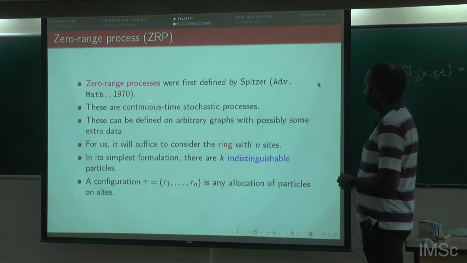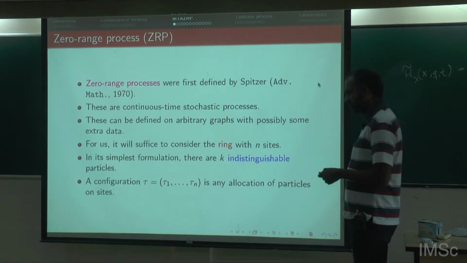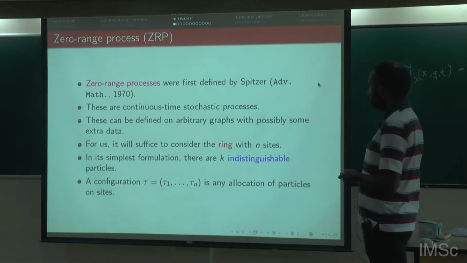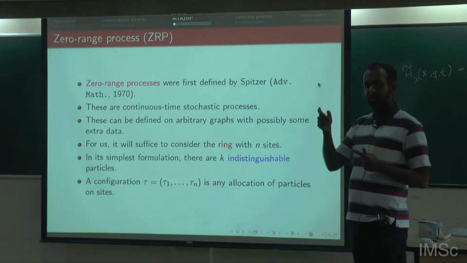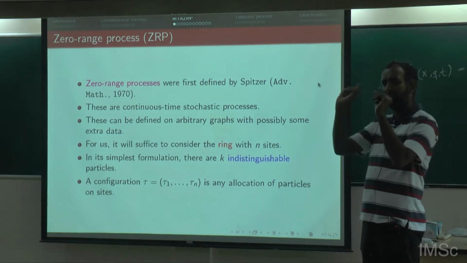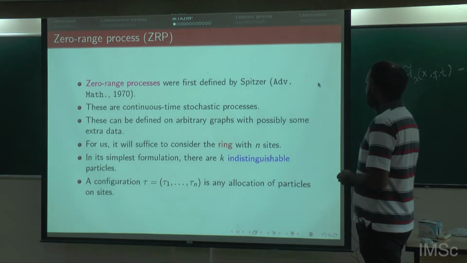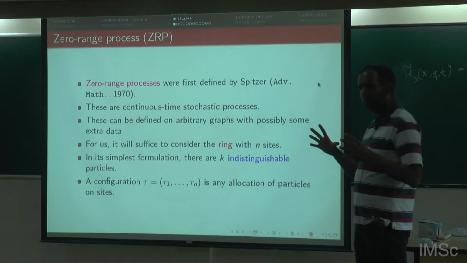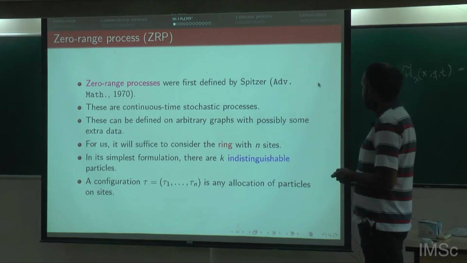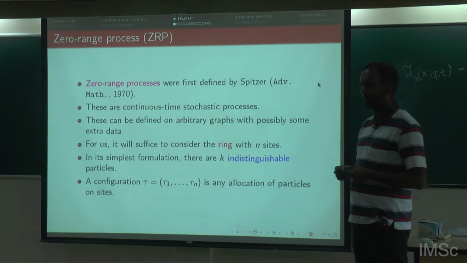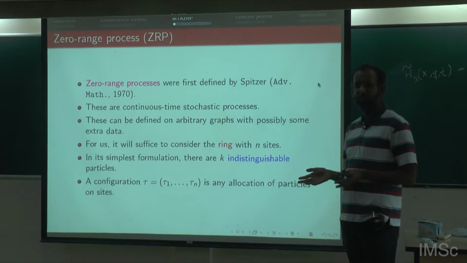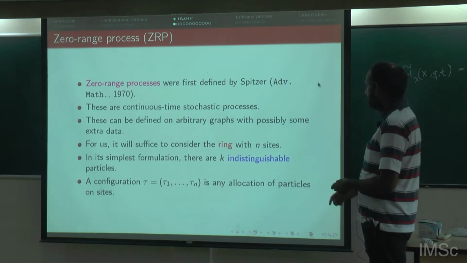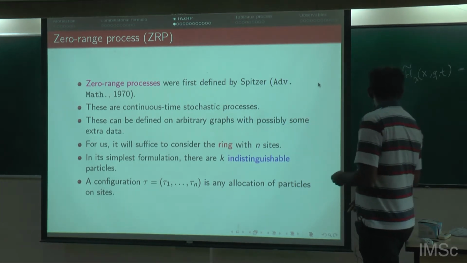These are continuous time processes, and in principle we can define them on any graph, and sometimes you need some extra data about sources and sinks. We will consider this on the ring, so the graph is the cycle, with n vertices arranged in the form of a cycle. In its simplest formulation, there will be k indistinguishable particles, each of which we think of as a 1. A configuration will just be any allocation of particles to the sites. So for example,